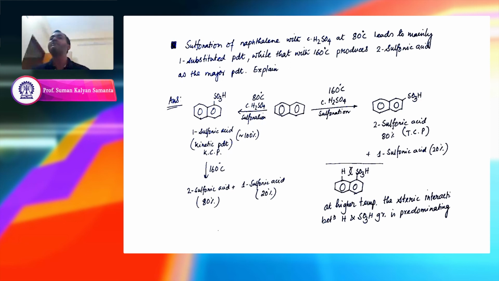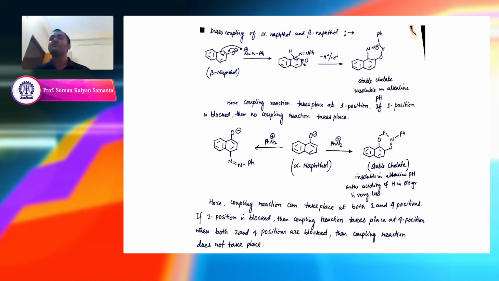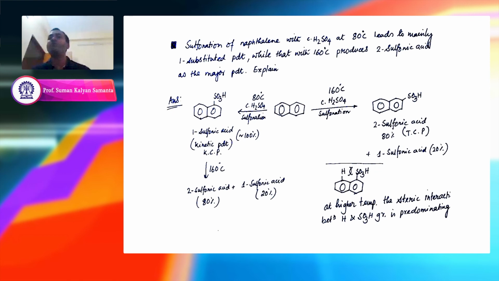Why does this come here at high temperature? Because at higher temperature, in the bottom you can see that the hydrogen at the 8 position has a steric interaction with this SO3H group. Because of this steric interaction, which becomes very prominent at high temperature, the 1 position attack is not favorable at high temperature, and that is why this sulfonic acid comes to the 2 position